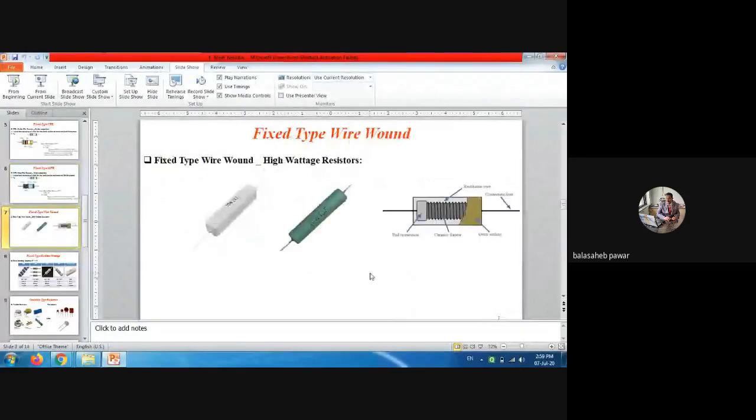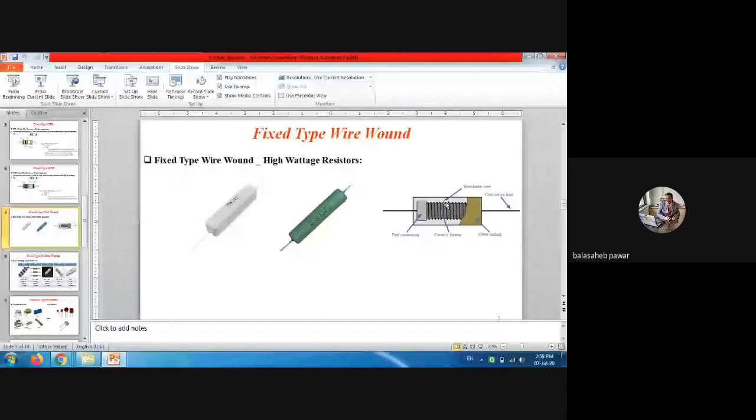Such type of resistor you might have seen. These are known as wire wound. The construction is shown in this third diagram. There is one ceramic material on which metal wire is mounted. The total resistance of that mounted metal is nothing but the resistance of that resistor. Construction is also very simple, but as it is a wire mounted, its current handling capacity is also somewhat more as compared to CFR and MFR.